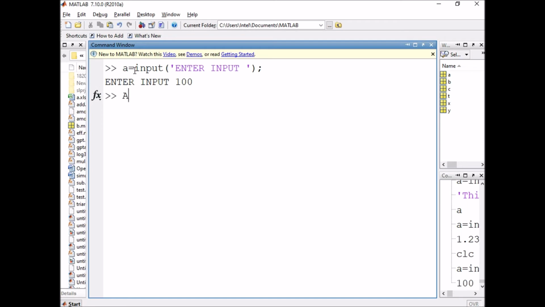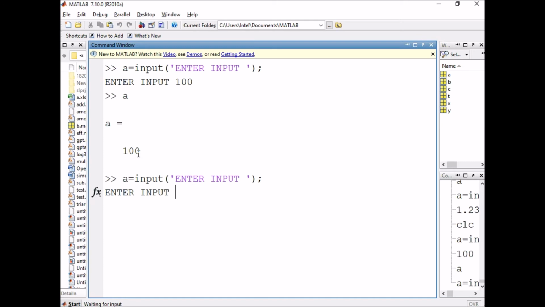Now if I print A, the value in A will be printed as 100. Here we have not declared A as an integer variable. But MATLAB is considering this 100 is an integer, even though the user did not tell. MATLAB understands this is an integer value. Okay. Now we are giving the string